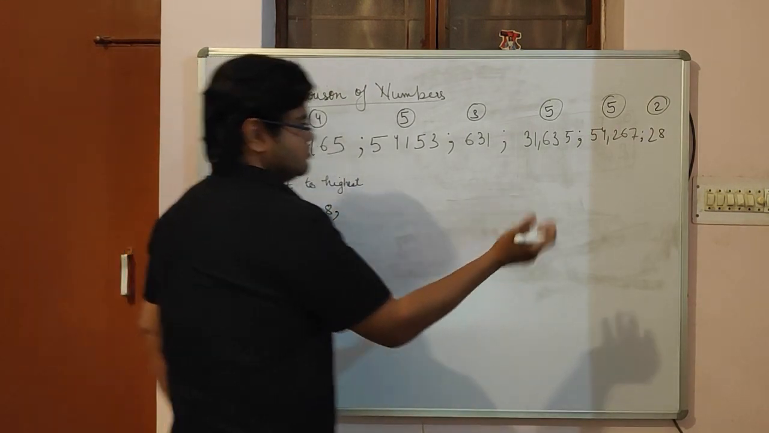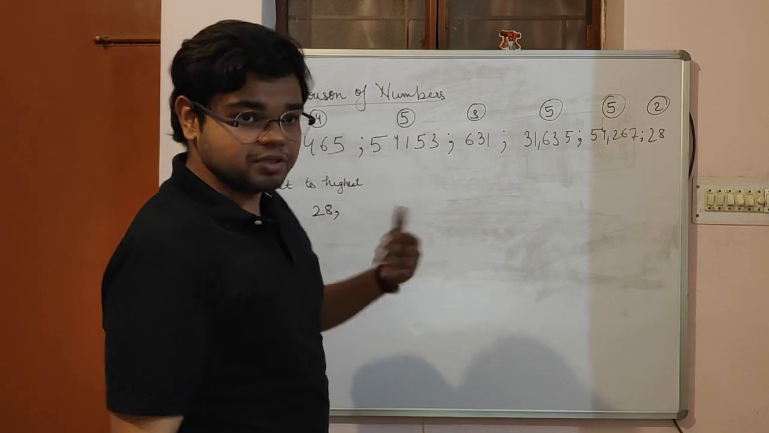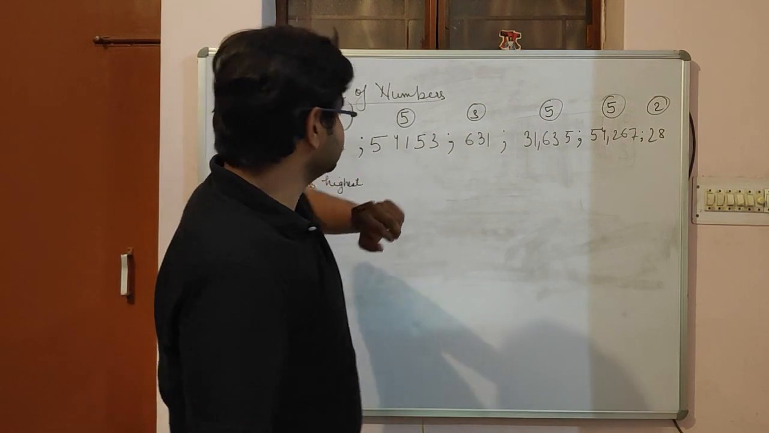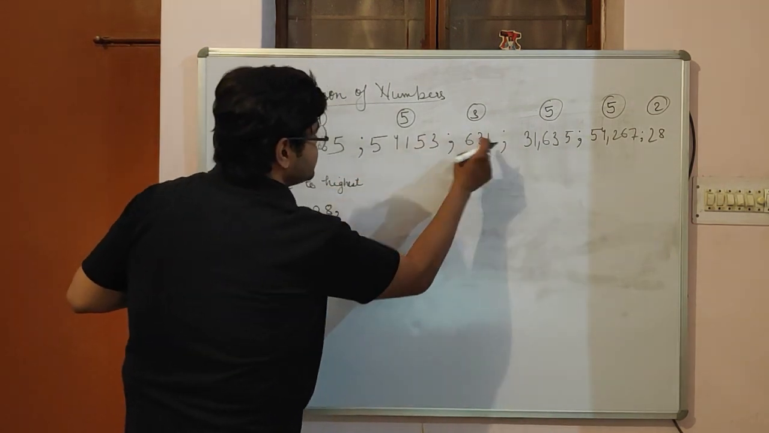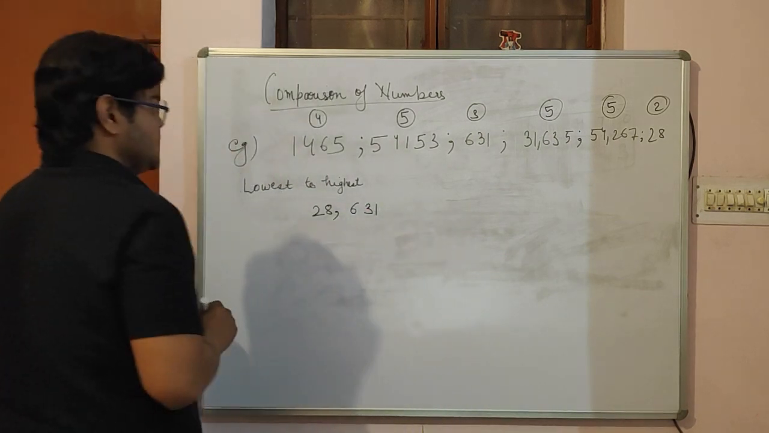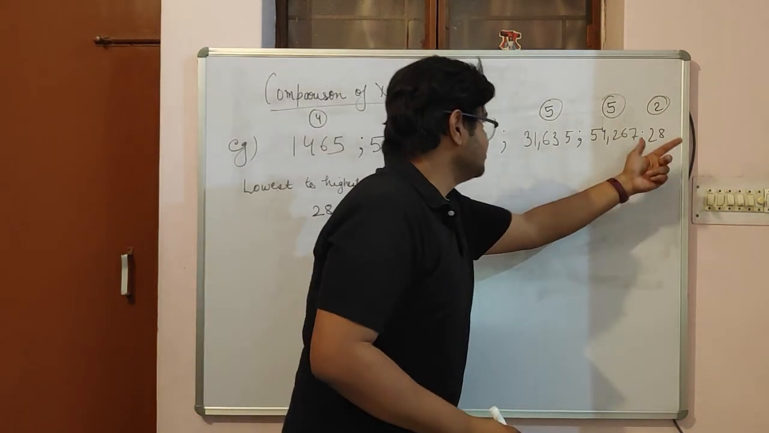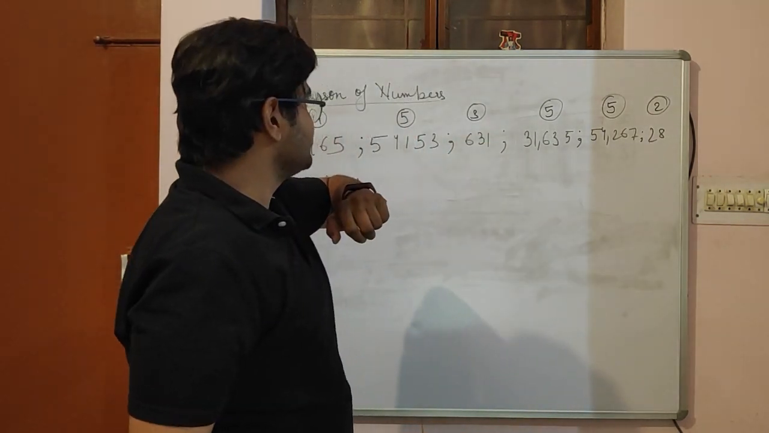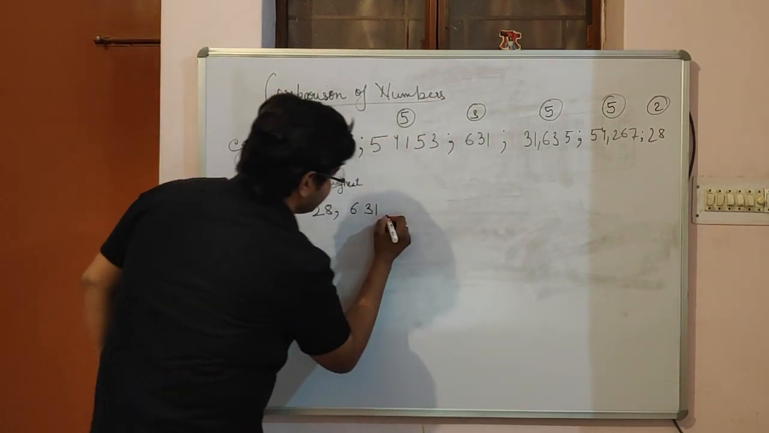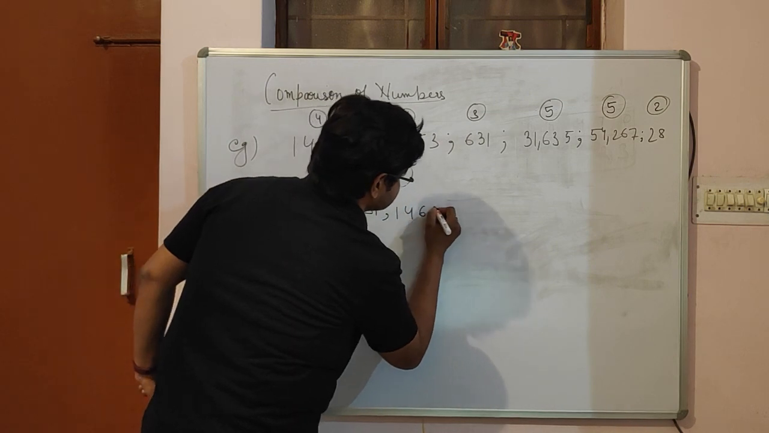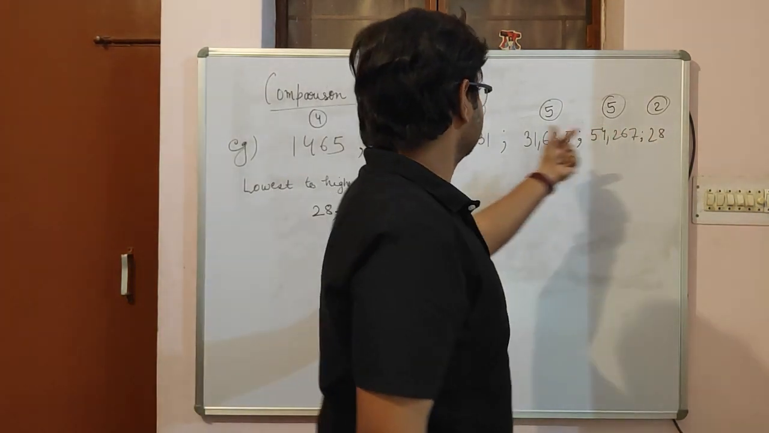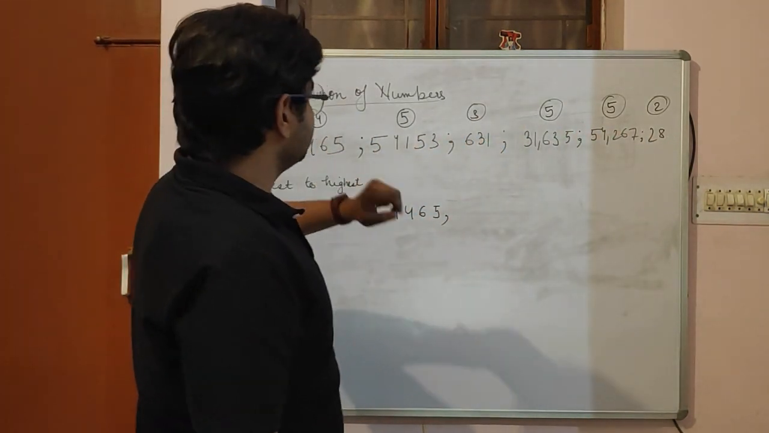Now, the next number will have one more digit, the greater number. Here, 28. Here we have 3 digits. So the number bigger than 28 in this example is 631. Now, we are done with 28. We are done with 631. Now, after the 3-digit number, we have a 4-digit number here, 1465. Okay. So they were very simple because in these numbers there were only 2 digits, 3 digits and 4 digits. Now, here we have